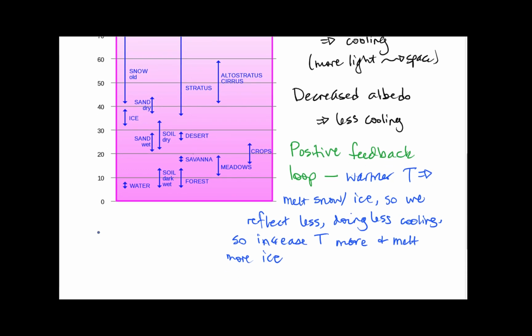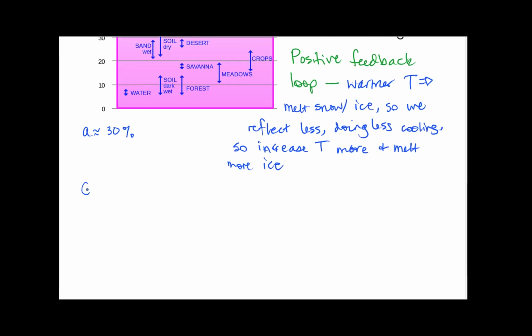The average global albedo is, as we said, about 30%. But we do need to pay attention to changes to the Earth's albedo based on changing land coverage and land use, because it can have a pretty significant effect on either warming or cooling. We'll get back to albedo more in a little bit as we talk about some of the strategies that have been proposed. So when we think about our third factor here, which is greenhouse gases,